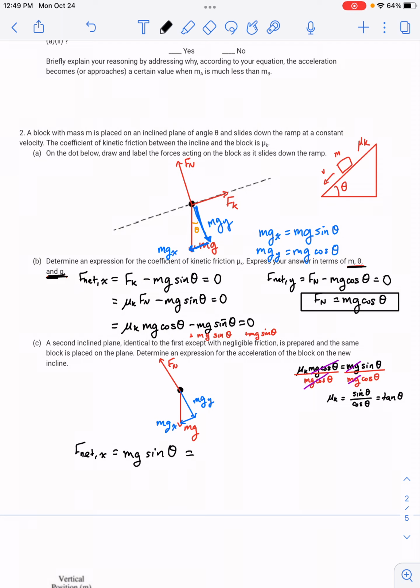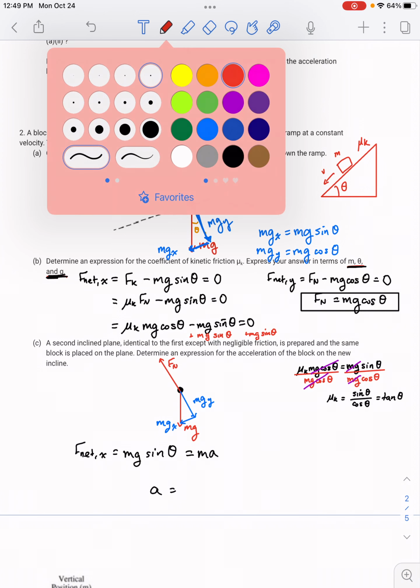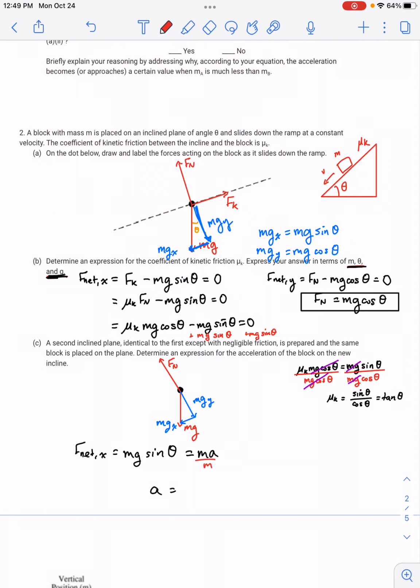And so that's going to be equal to m times a, since this thing is sliding without friction and accelerating. We're solving for a here, so we divide both sides by m. So what you're left with is that a is equal to g sine theta. And that would be your